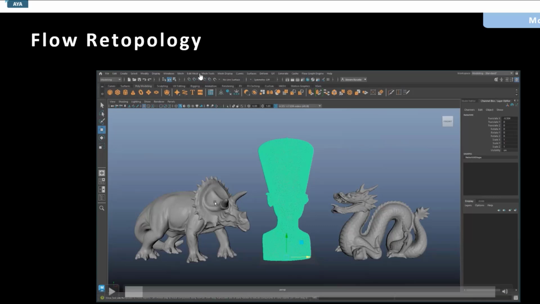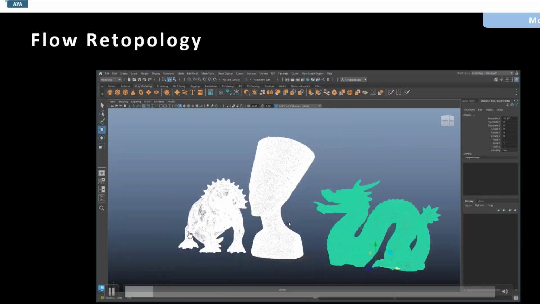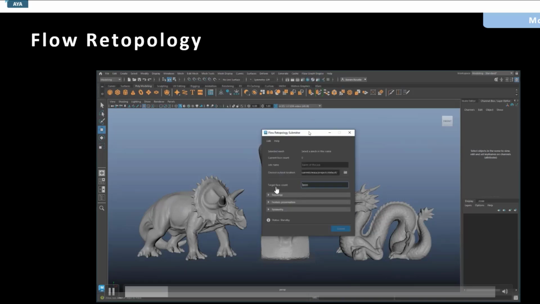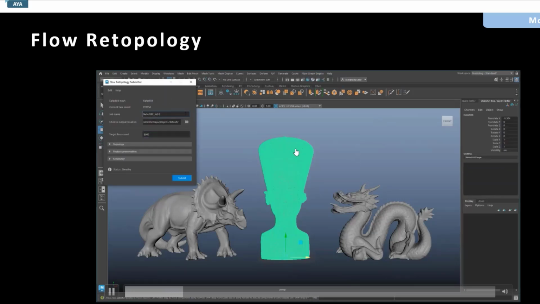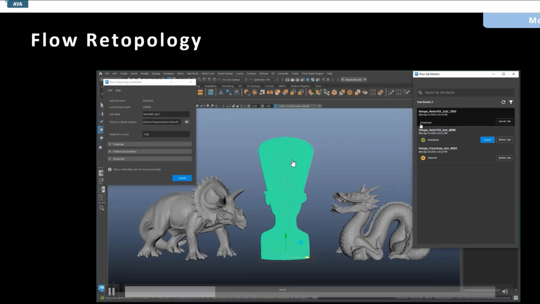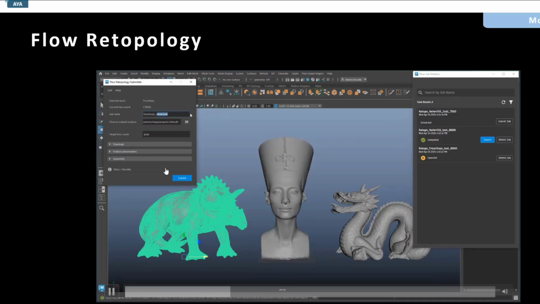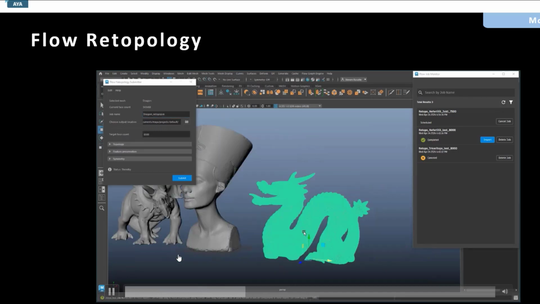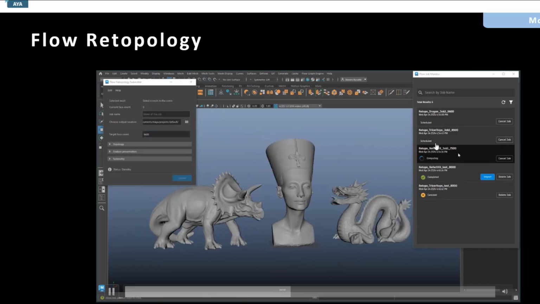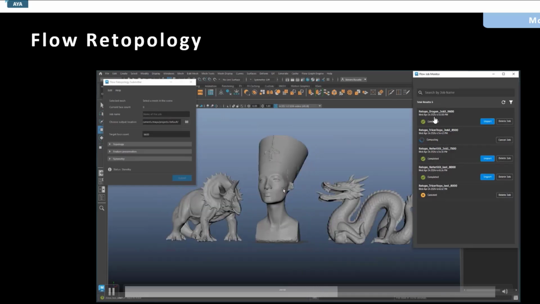So they moved the features to the cloud, which means if you have a mesh with the highest poly and you want to retopologize, you only select it, and there is an option here, and all the things happen inside the cloud. There is a log file, so if I want to cancel, or see the progress, you can see it in the cloud.